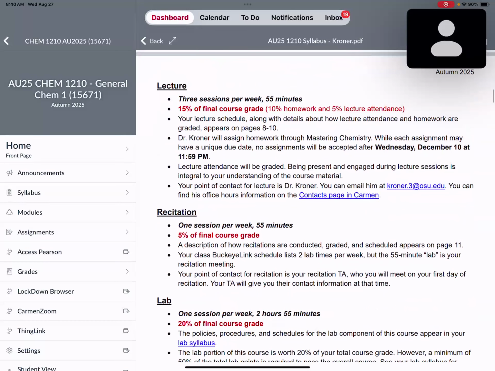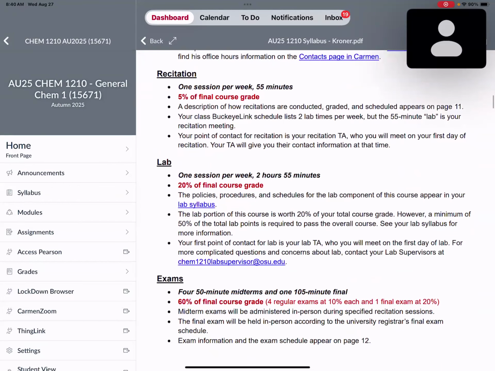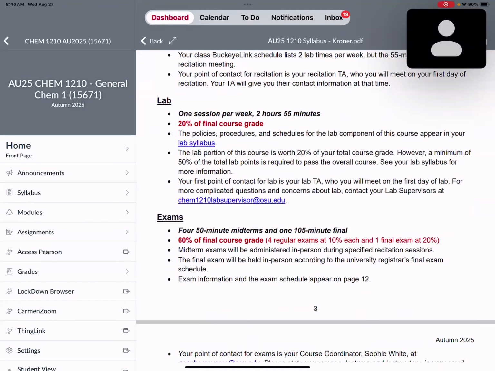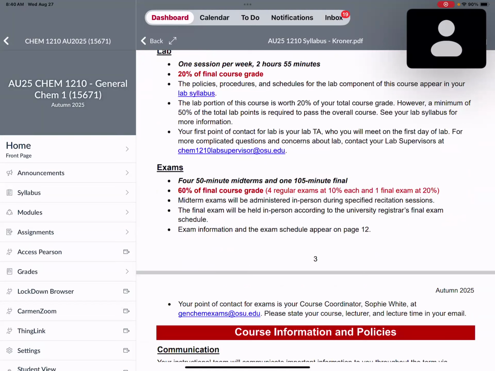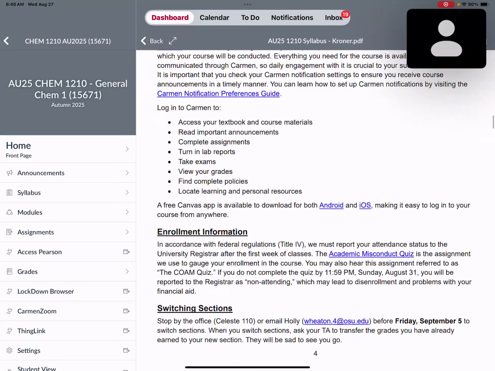There's some information here on how 10% homework, 5% lecture is part of your grade, recitations 5%, labs 20%, and then the remaining 60% of your grade are exams. So 20% for the final, and then 10% for each of the 4 midterms. And then let's eventually scroll down to